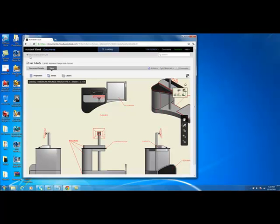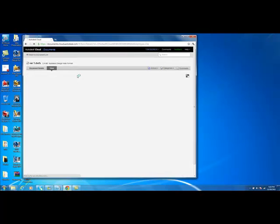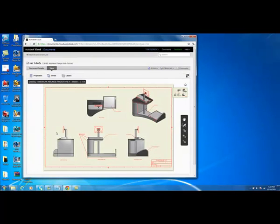Okay, so tonight Ed Rose is going to play the part of the customer in our attempt to show ways that cloud communication can work. So if Tom goes ahead and brings up, I'm going to pretend that I'm the customer on the phone with Tom at this point in time, and I'm going to have him bring up version 1, and I'm going to start making markups on this drawing to kind of signify what I would like. So I'm going to do a text call out, and I'm going to say, Tom, there's an area where I'd like you to delete this bar. So I'm going to put the note on it,